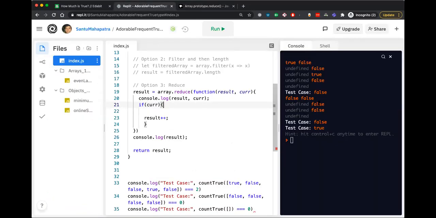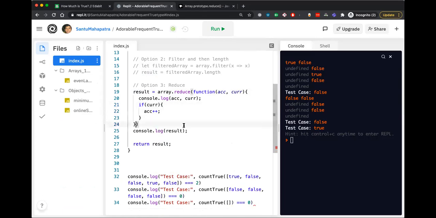So what it means is, this is all accumulator. And we will assign the accumulator to 0 here.